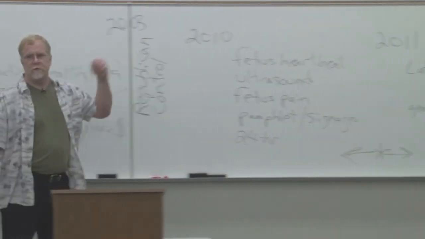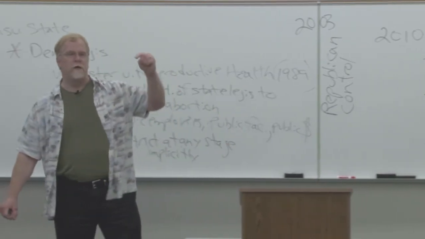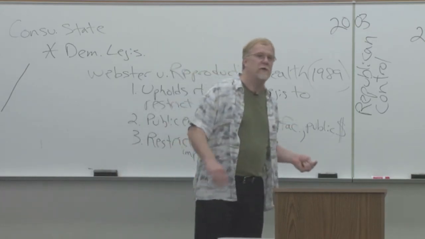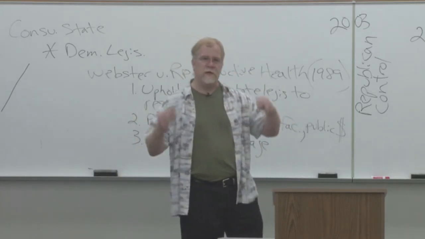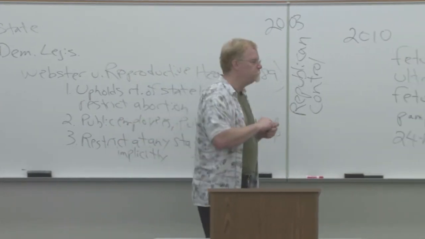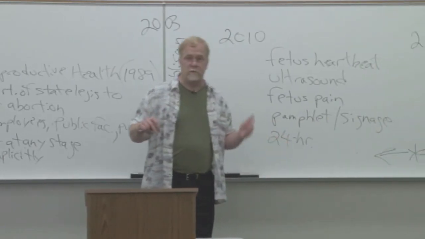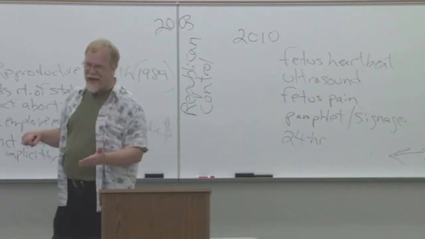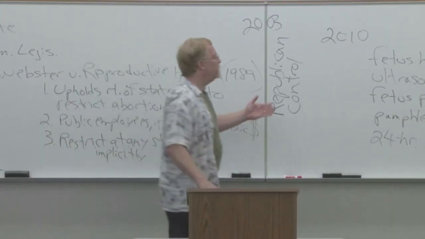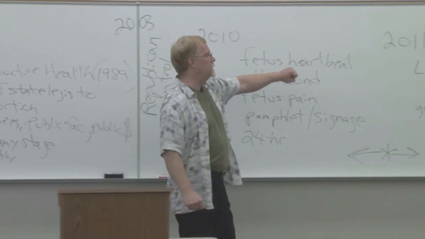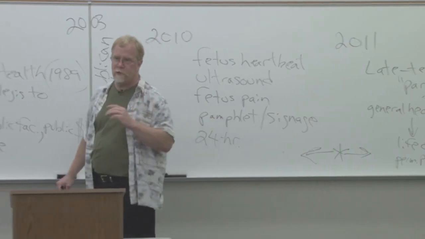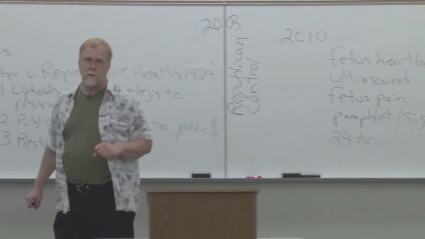Both the 2010 and 2011 statutes were passed during the term of Governor Jay Nixon. Now, Governor Jay Nixon is a Democrat, and we talked about governors signing and veto and line item veto, but one of the options available to the governor is to not sign at all. And as we said earlier, when a governor does not sign a bill, it becomes law by default. Both of these statutes in 2010 and 2011 became law without the governor's signature.